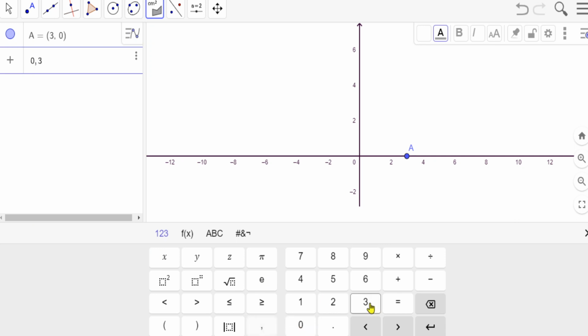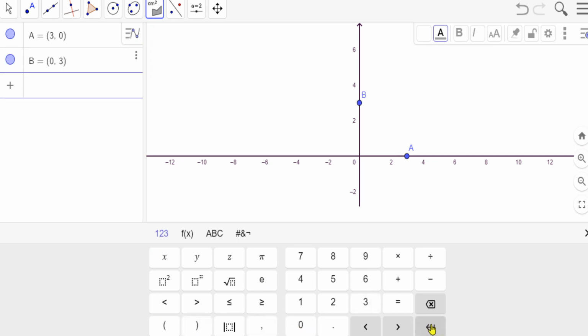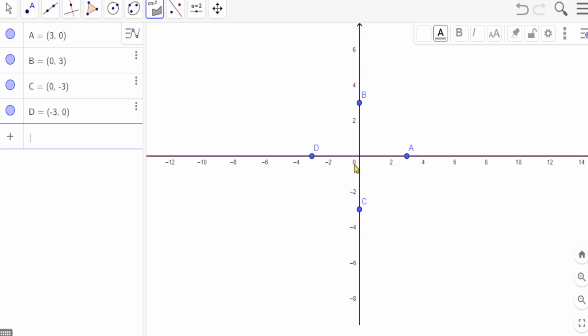If you have a doubt, I can take 0 comma minus 3 also. It's not an issue because that is also the same distance from the coordinate axis. Yes or no? So if I take 0 comma minus 3, next I can also take minus 3 comma 0. Now you see, I am taking a point P which is equidistant from the coordinate axes.